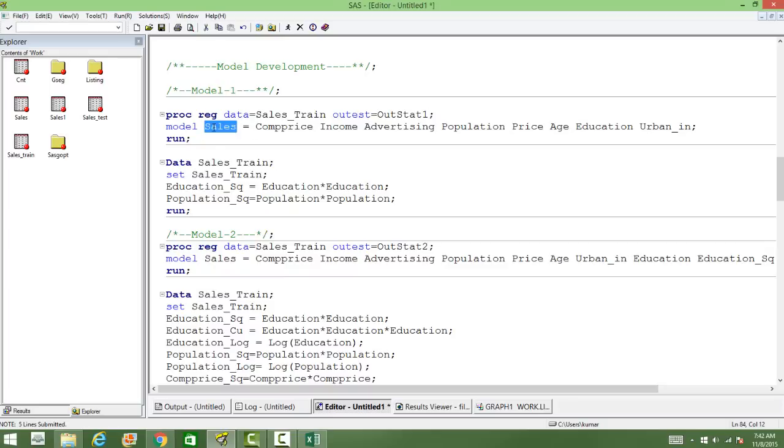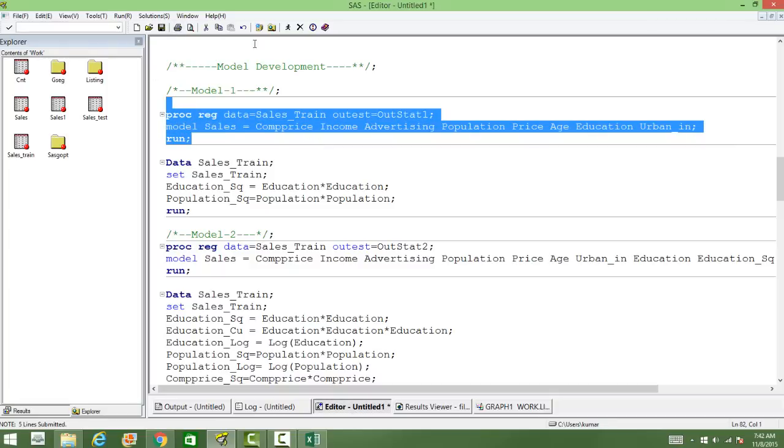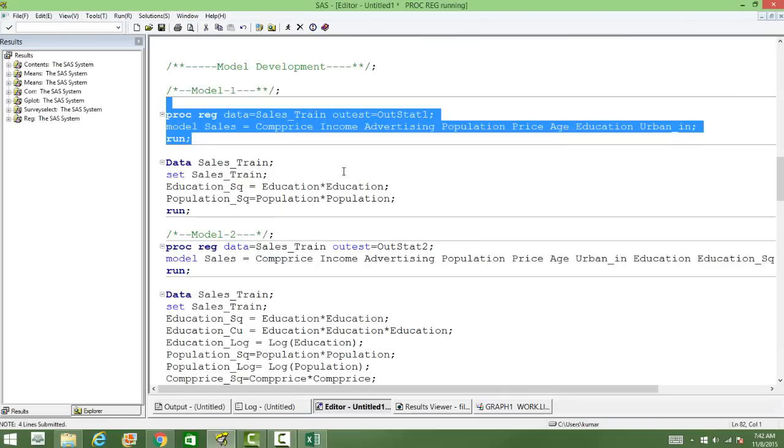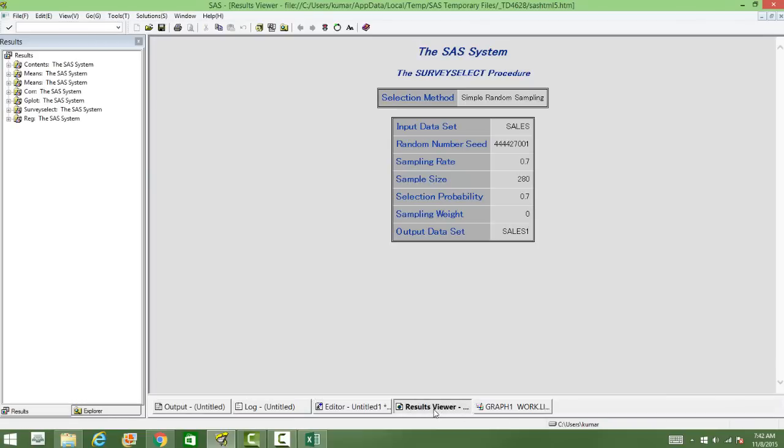The dependent variable is of course sales, because we are trying to forecast sales. And there are several independent variables: the competitor price, income, advertising, population, price, age, the education level, urban indicator. There are 8 independent variables in all, and let's run this regression first. And remember, this is the simplest form of regression. We haven't done any exercise. So by looking at the simplest form, we'll get to know